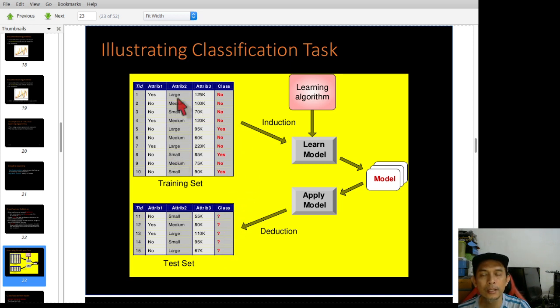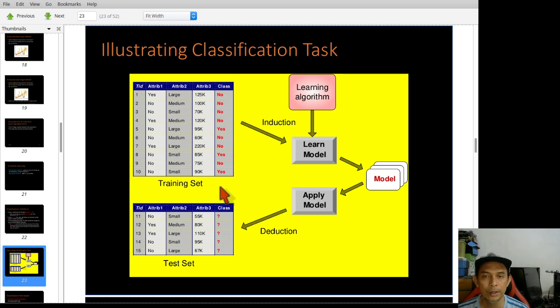With the training set, you can apply induction learning, and then you can come out with a model. Then when you apply that model, you can assign a class for the testing set. So over here you have a training set and a test set.